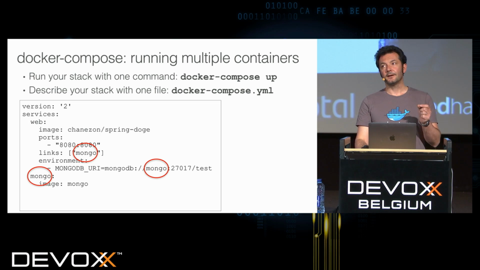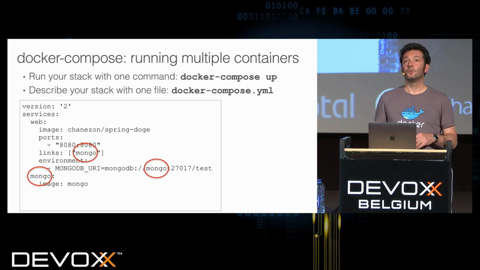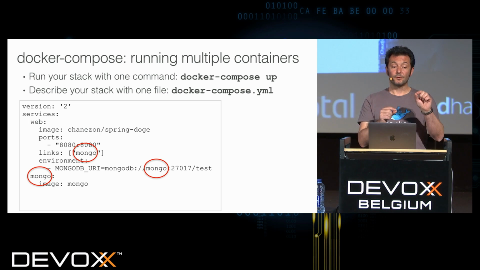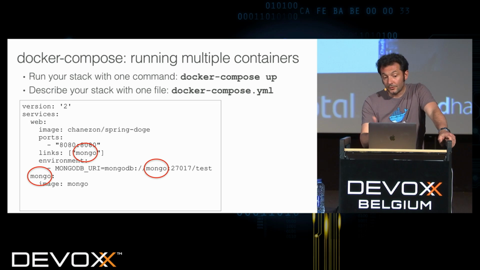Links themselves are kind of the old way of doing things. The more modern way is to use networks. You can have a network section in there where you specify all the parameters for the network driver that you want to use. And you can put your web and Mongo services into different networks, or in the same networks, but each service can be in several different networks. And when you're using networks, the service name is what is used as a host name for the service, and then load balancing is done by Docker.